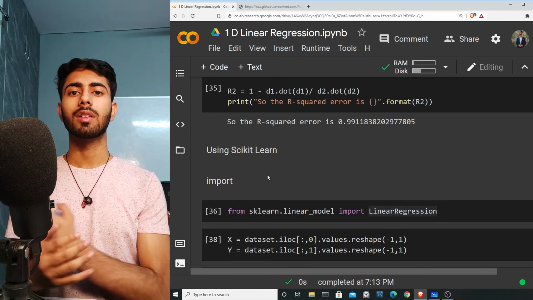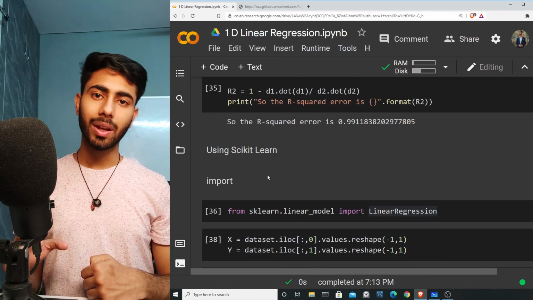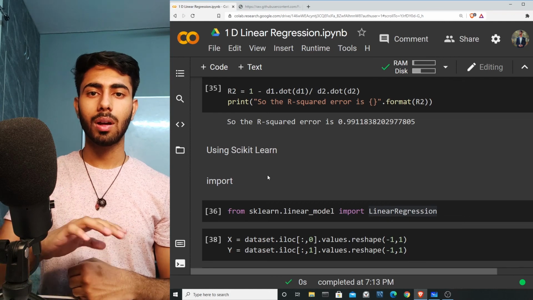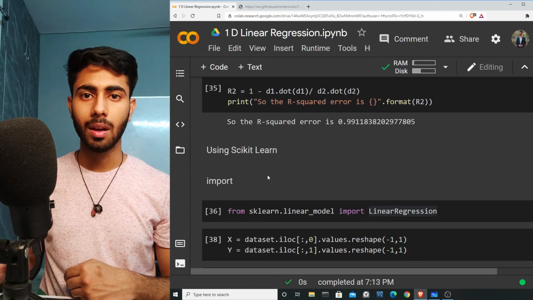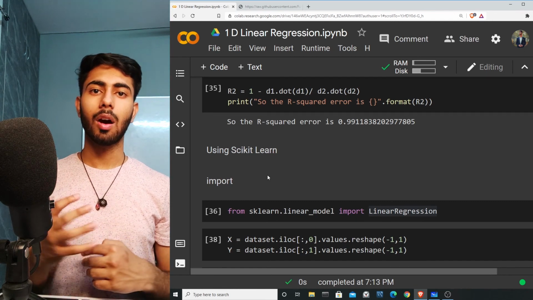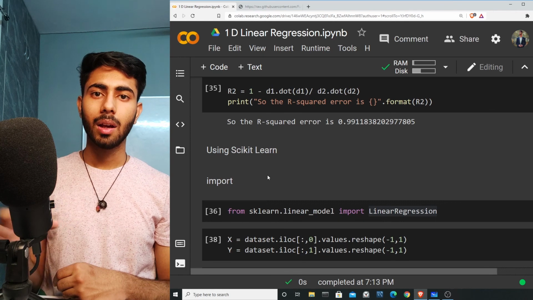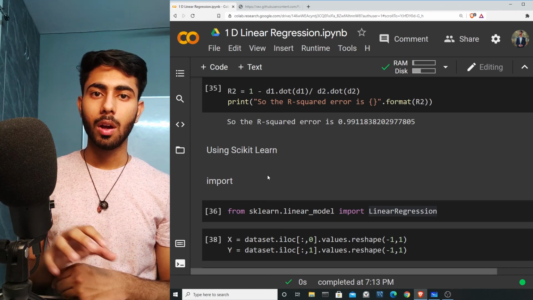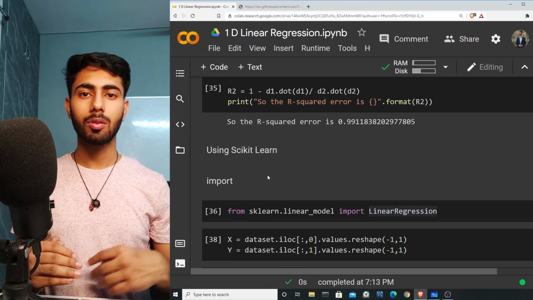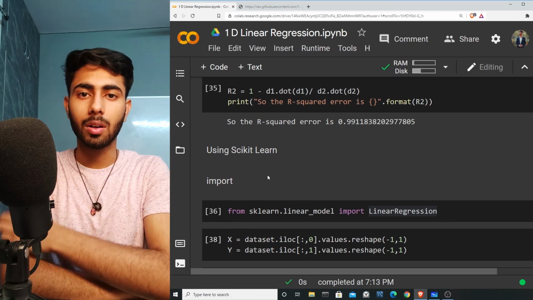We have also discussed the differences between 1D linear regression and multivariable linear regression, and we have derived and seen all the mathematics related to 1D linear regression, and also seen how we can check how good our model is. After that, we have written our own code for linear regression, as well as used a third-party API called scikit-learn to implement our code.